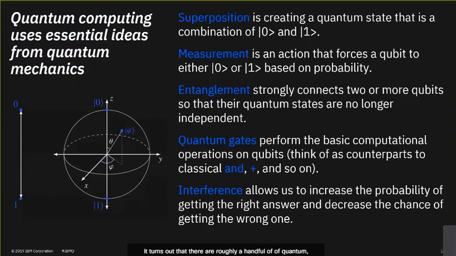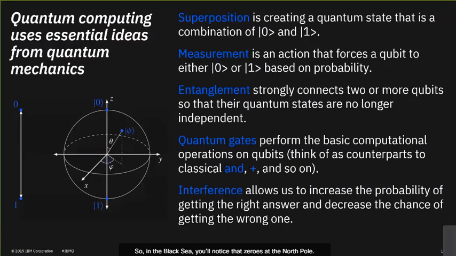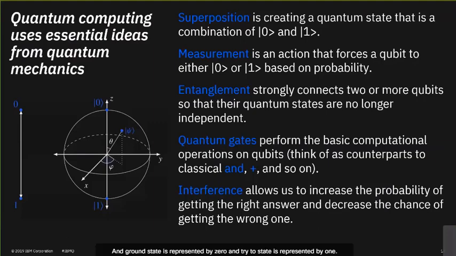It turns out that there are roughly a handful of quantum mechanical phenomena which we try to exploit and use in quantum computing. Okay, the first one is superposition. Superposition is creating a quantum state that is a combination of ket 0 and ket 1. So in the Bloch sphere, you'll notice that ket 0 is at the North Pole. You should think of that as, like, say, the ground state energy of your qubit. And ket 1 is the excited state. So it's basically a two-state system, and the ground state is represented by ket 0, and the excited state is